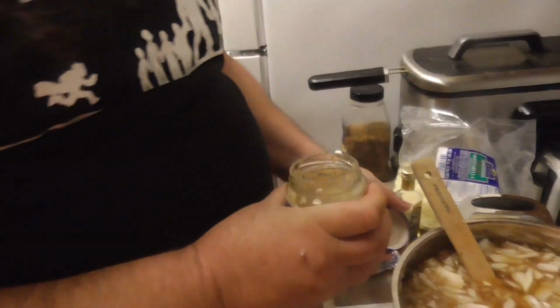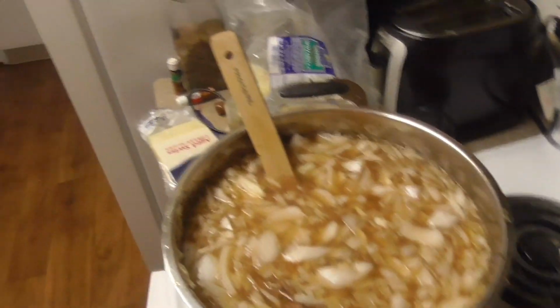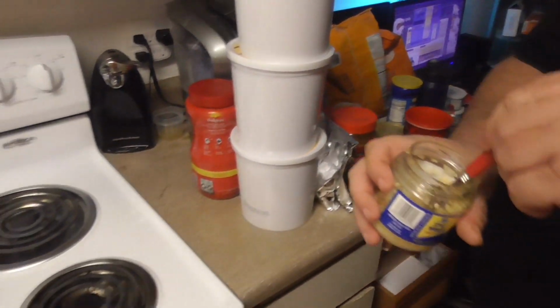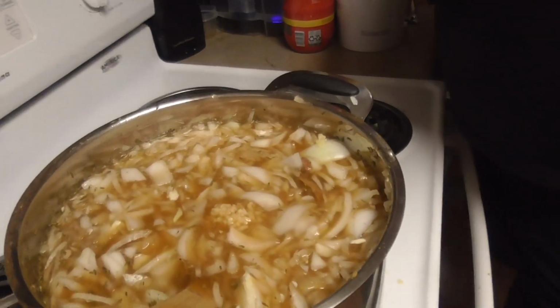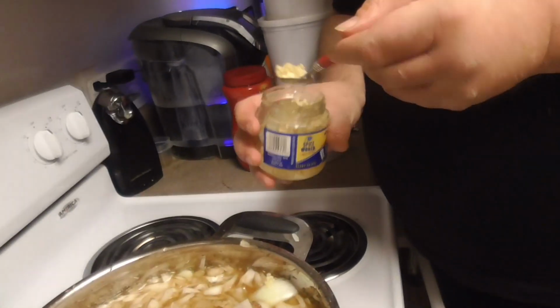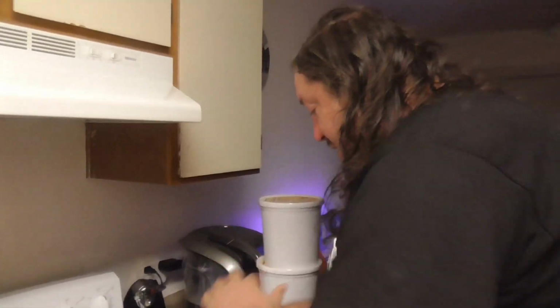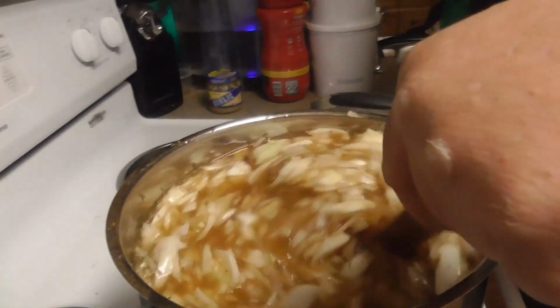Now, next and last for this soup, we are going to add about 5 cloves of garlic. So let me get a small spoon, and we're going to add 5 cloves of minced garlic. That's about 2.5 there, and that's about 2.5. So a little bit more than that, and we have our garlic. There we go. A little bit more doesn't hurt. So that's going to add garlic to our existing recipe. Stir that in really well